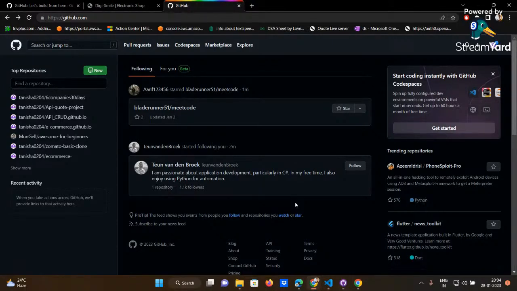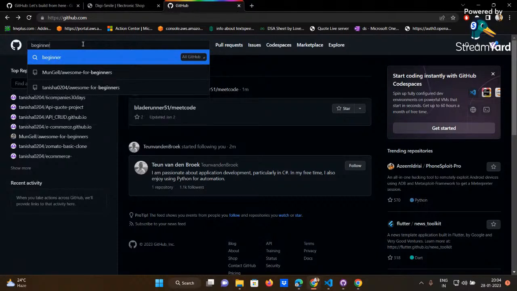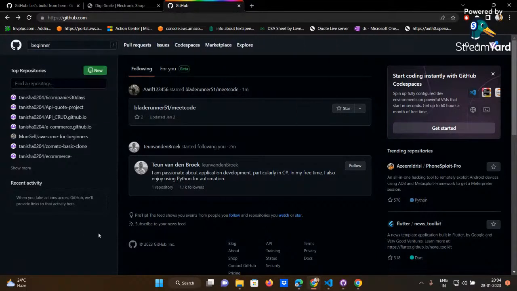You don't see other projects on GitHub until you share your email ID with someone or you get the email ID of someone. Okay, I'll tell you an interesting thing. You can just go to the search bar and search, say, beginner. You can see whatever project everyone has ever created.